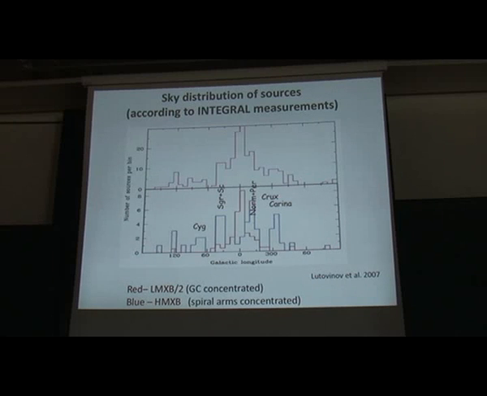And you see that the high-mass X-ray binaries, the green or blue histogram, are very concentrated toward the positions of spiral arms. And you see that the low-mass X-ray binaries, here in red, definitely do not show this concentration. So we can easily derive from this that high-mass X-ray binaries are located in regions of young stellar objects, where we have a lot of young stars, and only here can these high-mass X-ray binaries survive and be seen in X-rays.